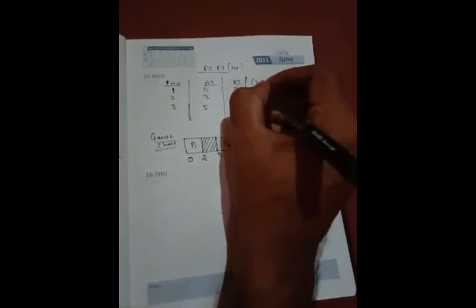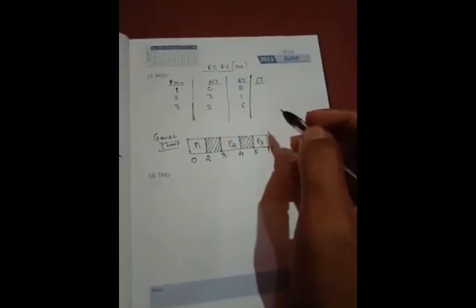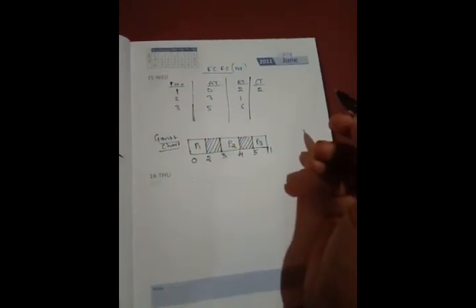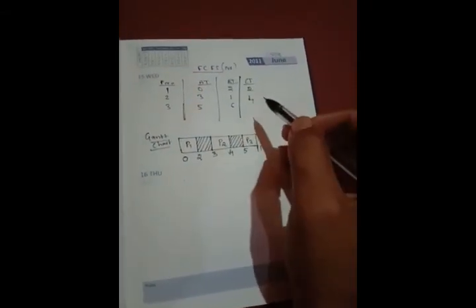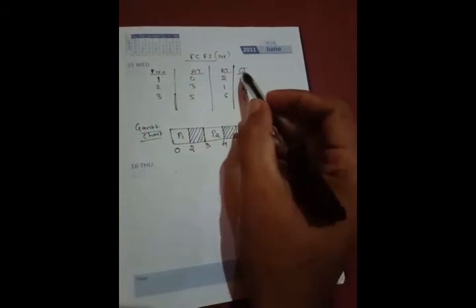So how to get the CT or completion time? What is the completion time of P1? It is 2. What is the completion time of P2? It is nothing but 4. Yes, 4. And what is the completion time of P3? It is 11. Fine. So this is the data for completion time.